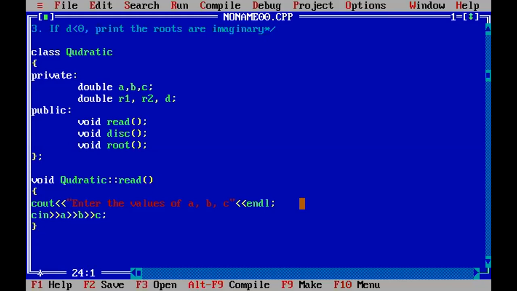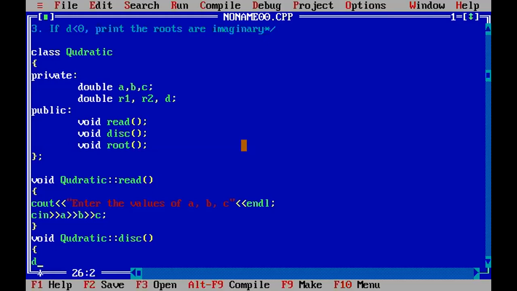The next part is I would like to define the discriminant. So void, again use the class name quadratic followed by the scope resolution operator and the name of the member function is disk. Here in this function called disk, I'm going to compute the discriminant.